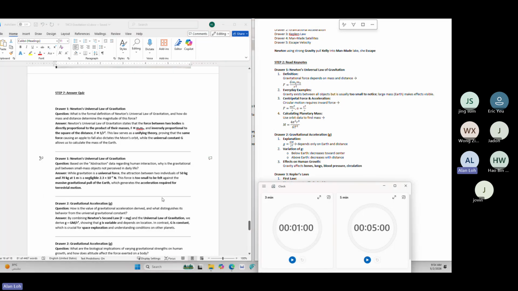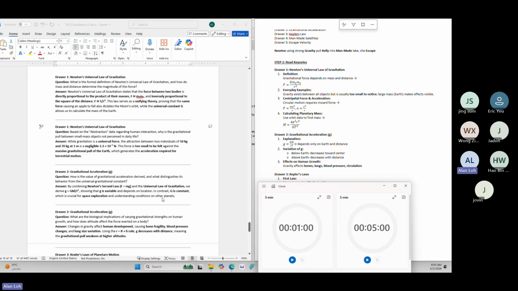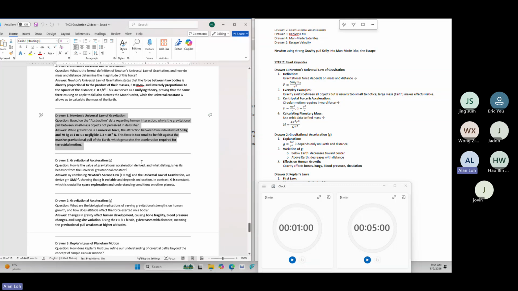All right. So you know now every object will have some forces, right? But it's too negligible compared to the forces that is pulling from the Earth, the gravitational force. So let's do 1 minute for drawer 2, these 2 questions. Let's start now.